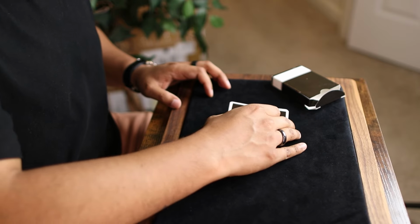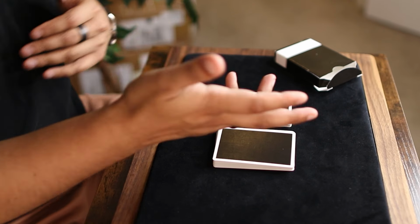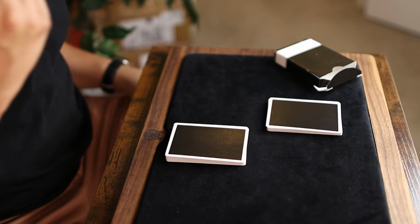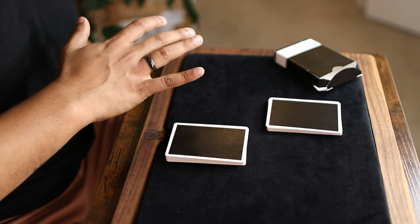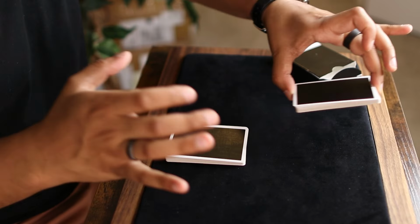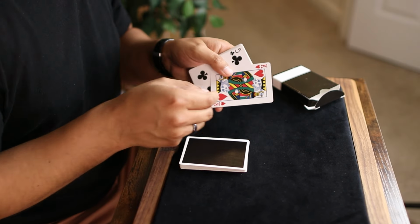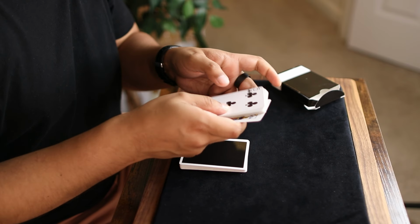Then you instruct them to cut the deck approximately in half, and they can pick whichever half they want. You're going to take the other half. Up till this point, everything has been in their hands, which is insane to even think about. Then they're going to take their packet, pick out whatever card they want. Again, completely free choice. Let's say they pick out the King of Hearts and they put that card on top